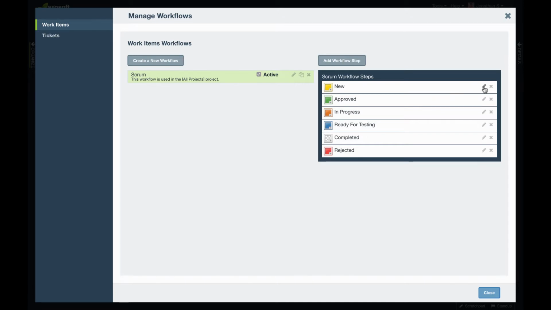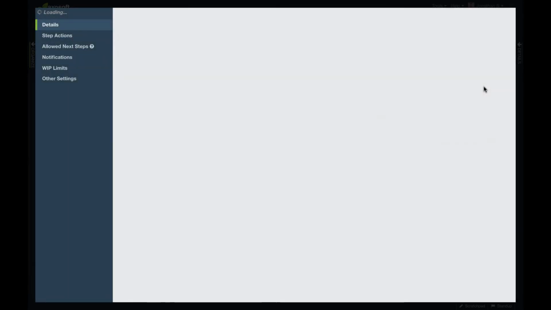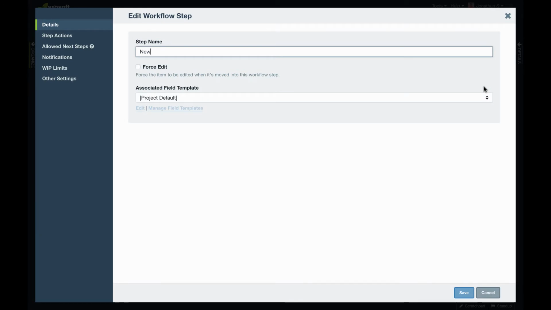So for example, here I have the new workflow step. Let me take a look at it. Is new the right name? Even something as simple as that will help. If you already have a workflow that your team is familiar with, make it easier for them and name it something similar so that the transition is easier for them when they start using Axosoft. There's also a fancy